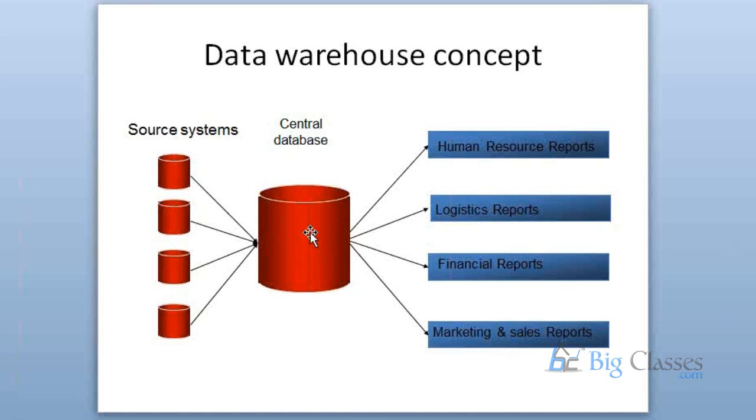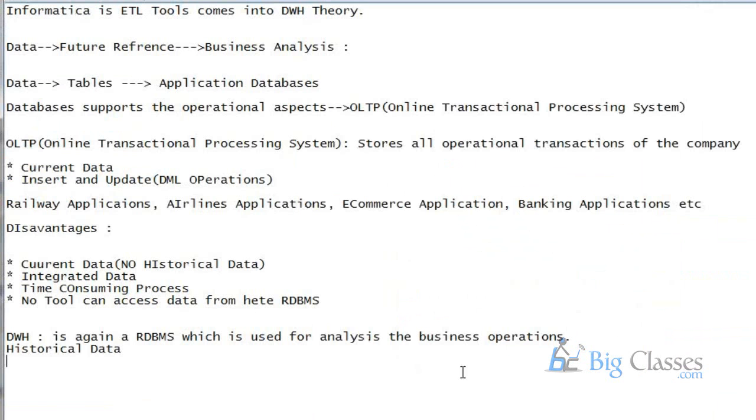So for that reason, we have the concept of reporting. Reporting is done on the data warehouse data, and the business users are going to access the reports and analyze how the business is running. So the data warehouse is a relational database management system which is useful for the business analysis